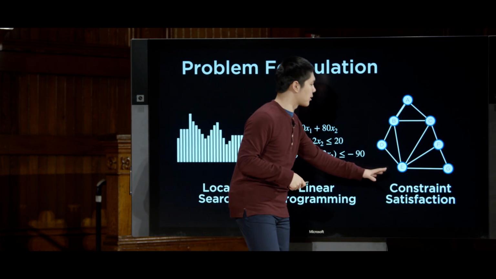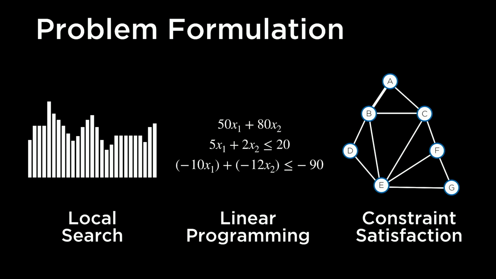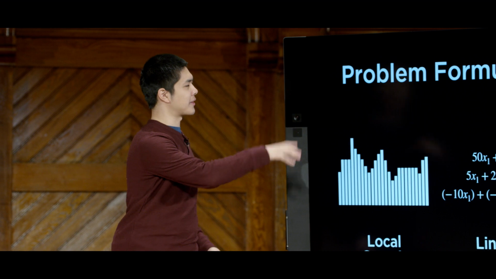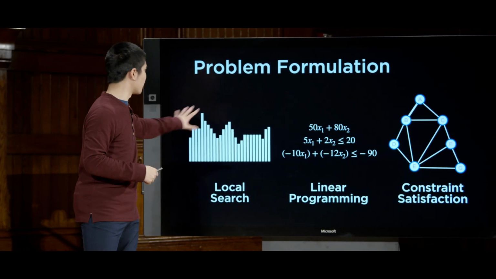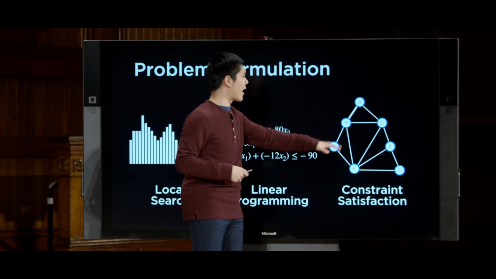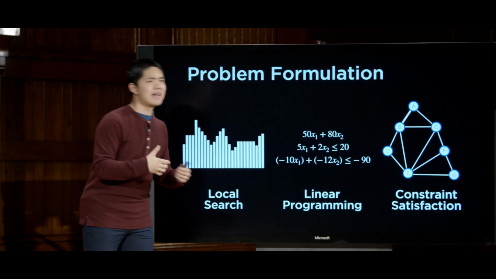And we saw formulating a problem as a constraint satisfaction problem, creating this graph of all of the constraints that connect two variables that have some constraint between them, and using that information to be able to figure out what the solution should be. And so the takeaway of all of this now is that if we have some problem in artificial intelligence that we would like to use AI to be able to solve, whether that's trying to figure out where hospitals should be, or trying to solve the traveling salesman problem, trying to optimize productions and costs and whatnot, or trying to figure out how to satisfy certain constraints, whether that's in a Sudoku puzzle, or whether that's in trying to figure out how to schedule exams for a university,